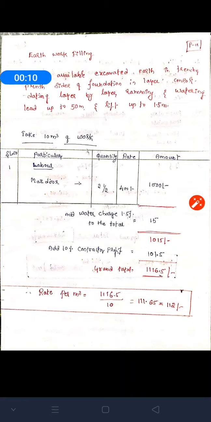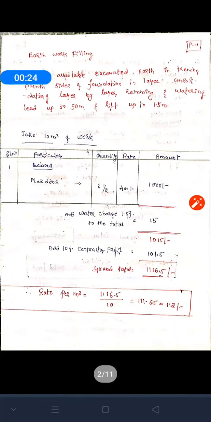Today I am going to start with rate analysis. In the previous class we discussed earthwork excavation, that is, the rate analysis of earthwork excavation. In today's class, we are going to discuss earthwork filling. In that there are two criteria. One is the earthwork filling by using the soil that we are filling